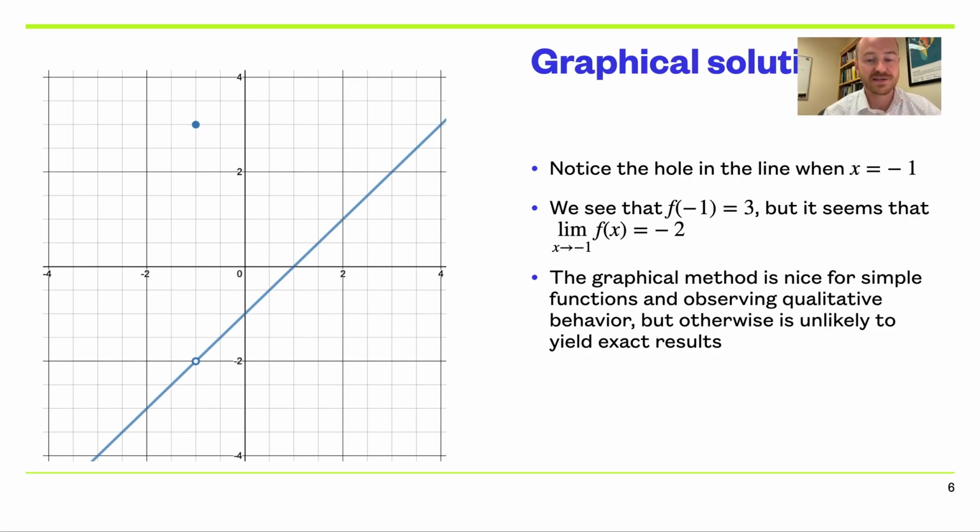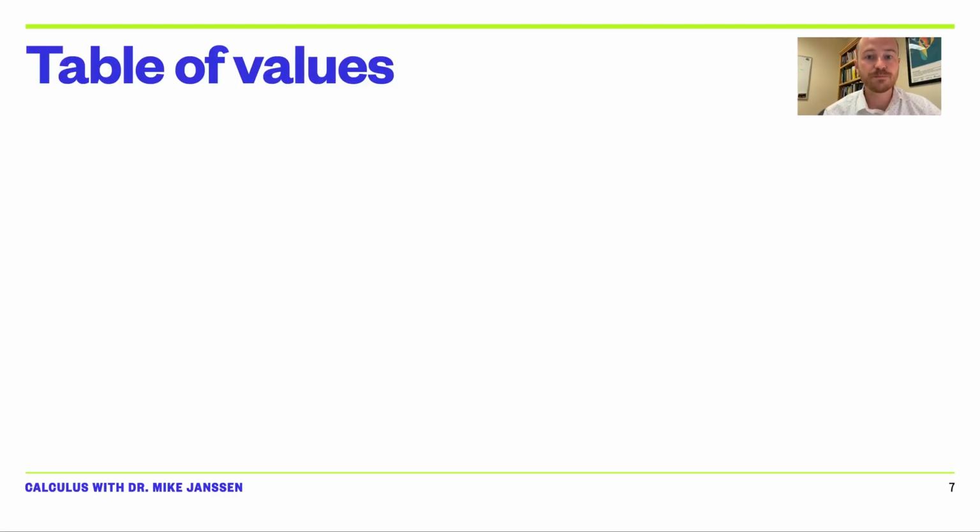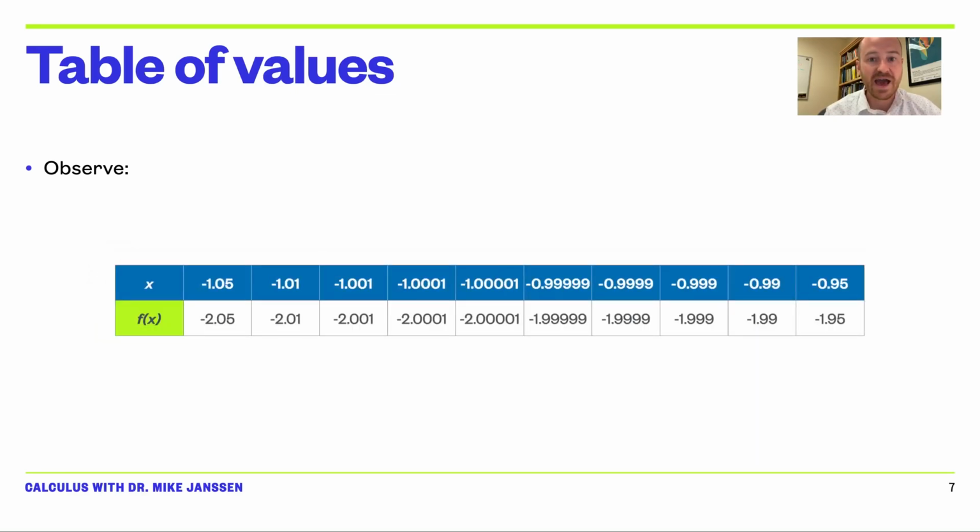Another way of estimating a limit is by using a table of values. So we observe that as our inputs x get closer and closer to -1, either starting a little bit to the left of -1 with something like -1.05 or -1.01 or -1.0001, or coming from the right, looking at something like -0.99999 or -0.999,